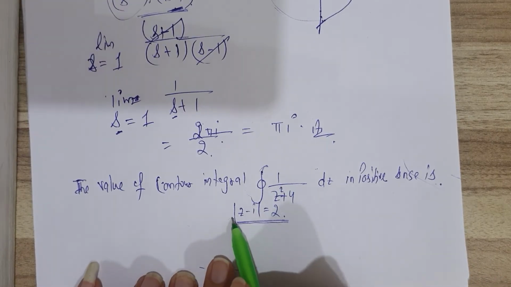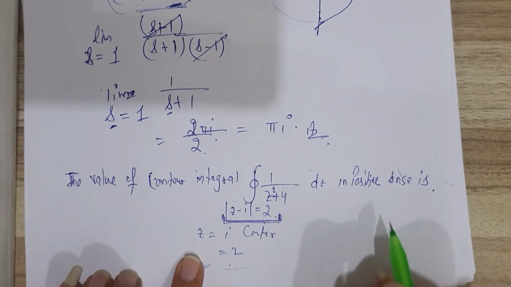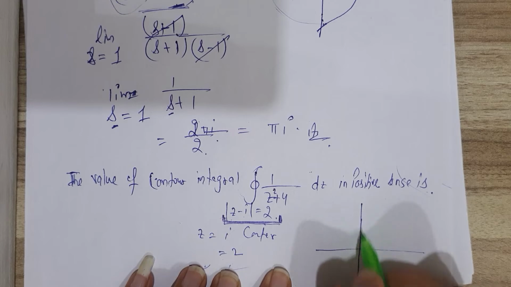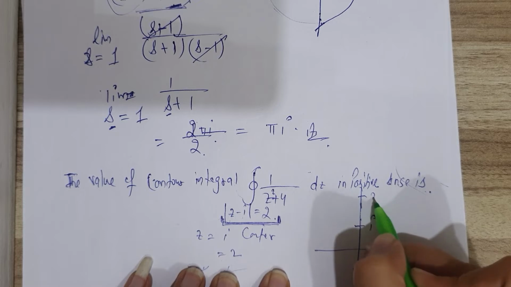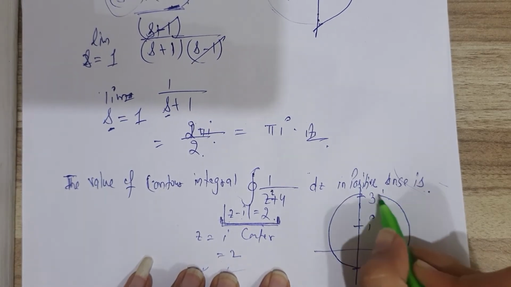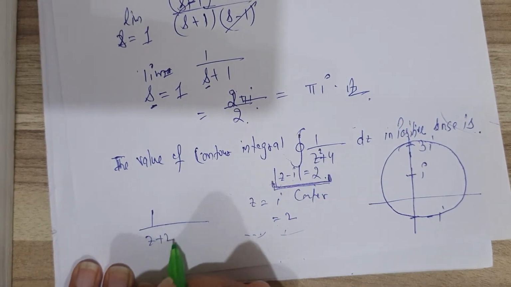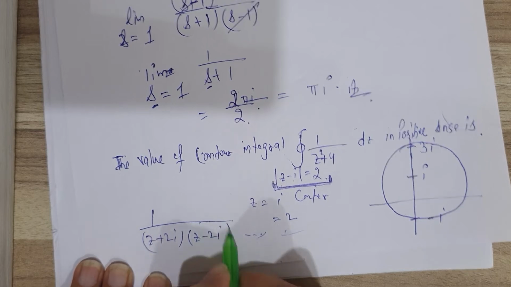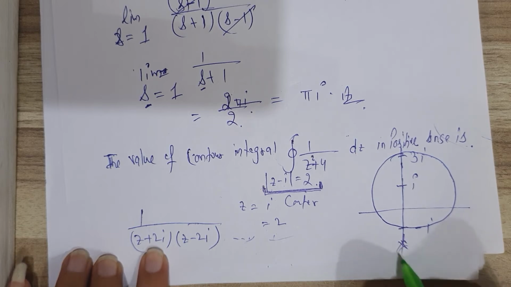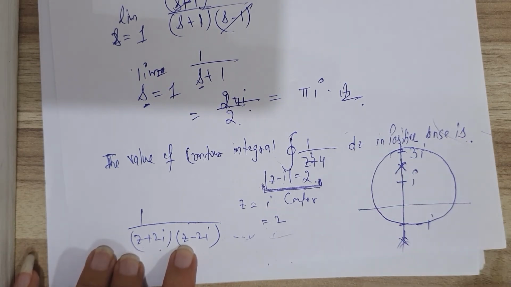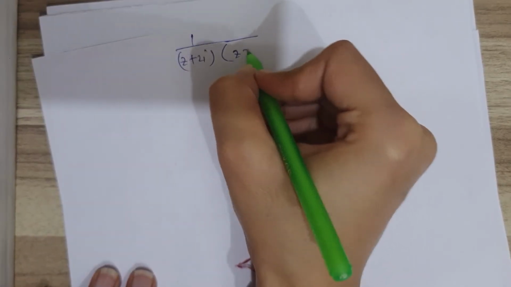Now this is the function. Now they are given the equation of a circle on a closed interval. This is the center and the radius is 2. Plot it. The center is iota, it means here, and the radius is 2. It means that it will be like this. Now z plus 2i and z minus 2i, these are poles. Here z is equal to minus 2i, it will be somewhere here, and z is equal to plus 2i, it will be somewhere here. It means that this is f(z). Now I am doing it with the alternate way.